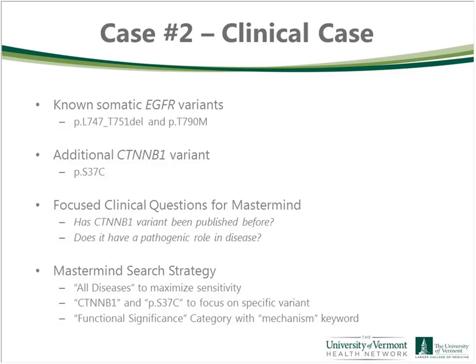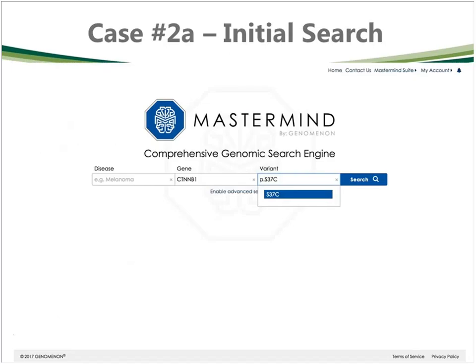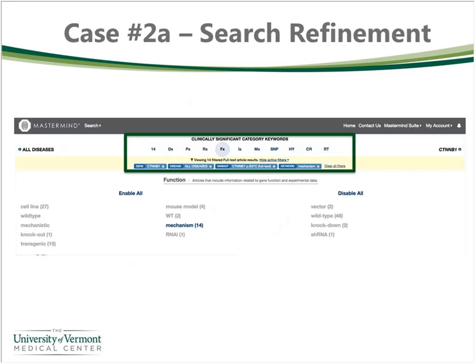So my strategy, again, starting at the main page, was to maximize my sensitivity by searching in all diseases and then searching for the specific variant, the S37C in beta-catenin, and then filtering those results using keywords, and I'll show you how I did that. So again, the landing page, beta-catenin, S37C, there was a series of papers found, but then I moved into the function filter and selected mechanism